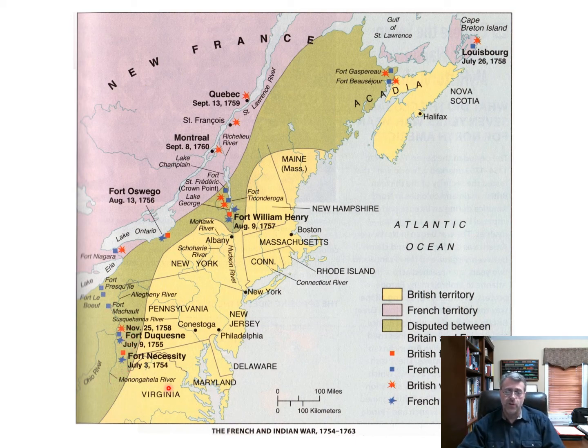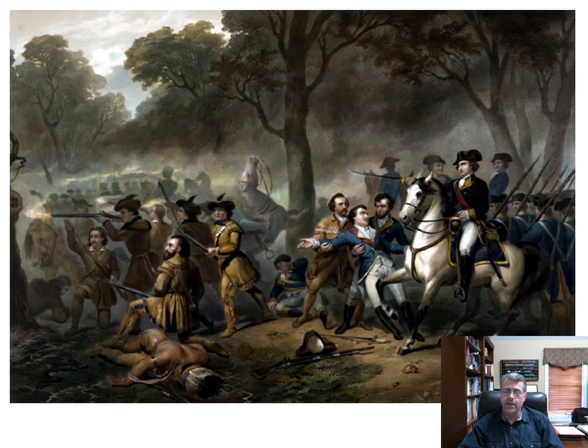So the Virginia colonial government, the House of Burgesses, sends the Virginia militia out into the Ohio River Valley to stop the French from building this fort. The leader of the Virginia militia at the time was a young lieutenant colonel named George Washington. He's 25 years old. George Washington, here, of course, pictured at the Battle of Fort Duquesne. Washington will lead this Virginia militia out into the frontier of the Ohio River Valley to try and stop the French from building this fort.